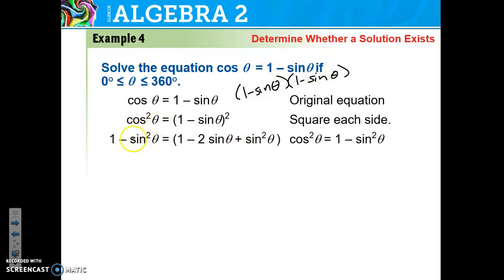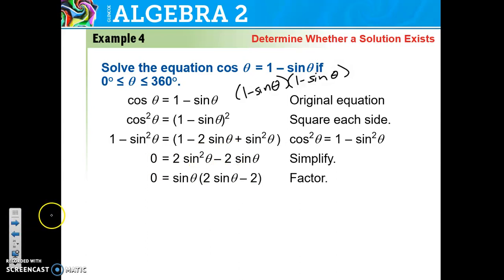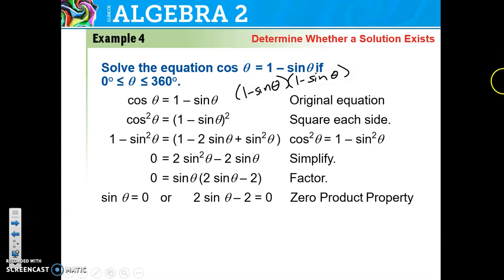And notice we replace cosine squared with 1 minus sine squared. That's one of the reasons we squared both sides, is to be able to replace some things with identities and then be able to factor. So I move everything to the right side and simplify. So I end up with 2 times sine squared of theta minus 2 sine of theta, factor out a sine of theta,